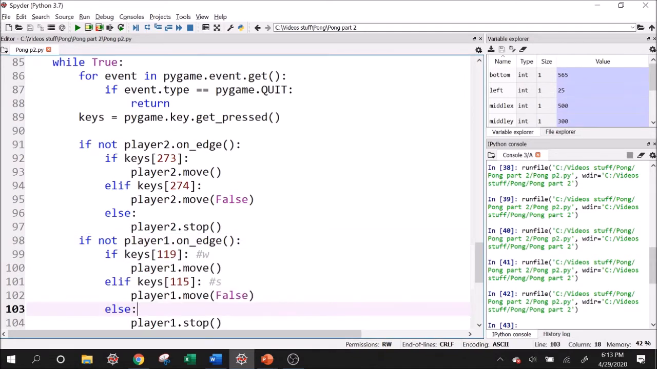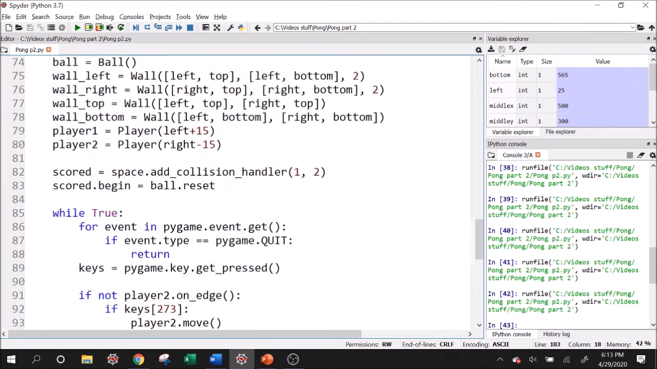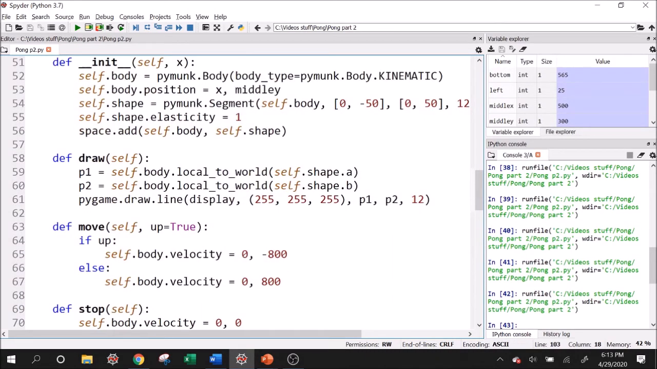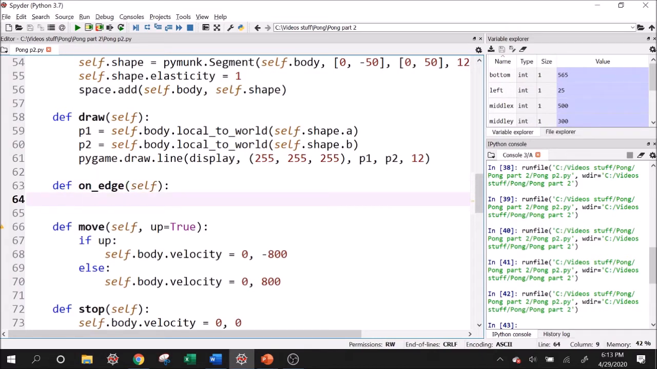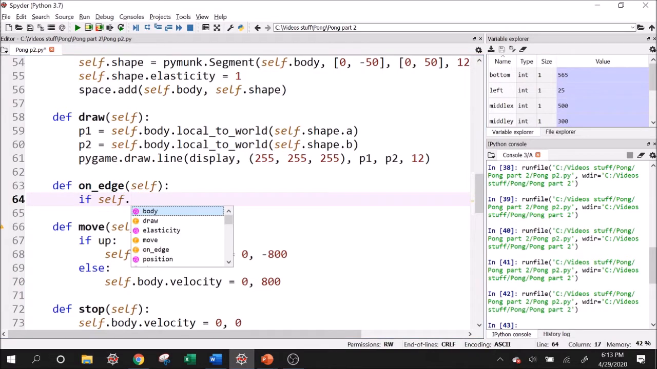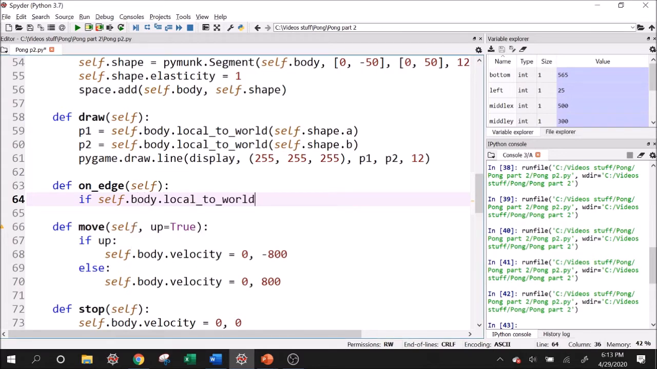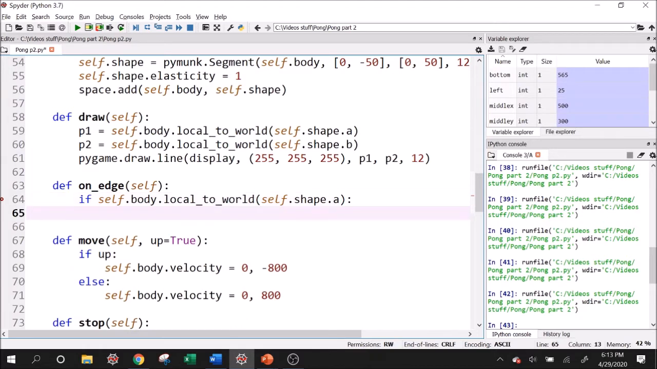Okay, so let's go ahead and write this method in the player class. I'm going to write it over here. Define on edge. So let's check the top edge first. So if self.body.local to world again, self.shape. And then for top, it's going to be the first one because we just happen to put in the first one as the higher point. So self.shape.a. So if this is less than or equal to top,